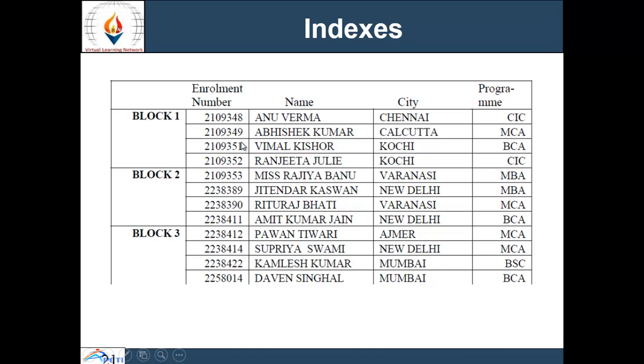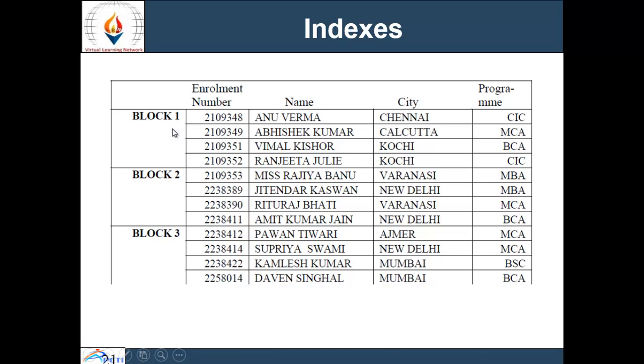Assume that each student record is 100 bytes, and the ordering field is 8 bytes. The block pointer is also 8 bytes, that is, the pointer which points to this block is also 8 bytes.